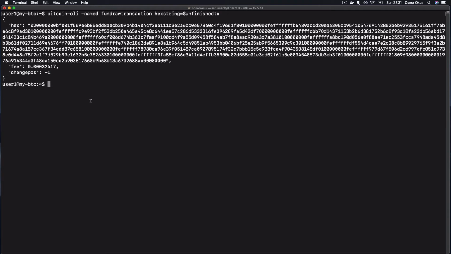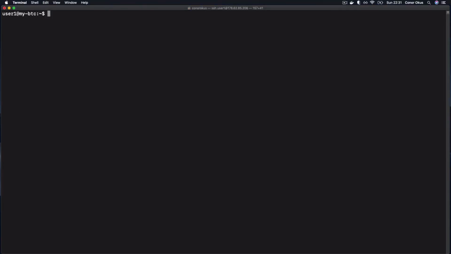So to make this a bit nicer, we can use jq to pipe the result of our transaction and store the hex encoded string in a variable. So I'll use jq this time. So I want to copy that one. Cool. So again, we're just doing the same thing. Call this one raw_transaction_hex_3. We're using fundrawtransaction, but this time we're just going to pipe it through jq, and in the response we're going to take the hex key. So if we press enter,